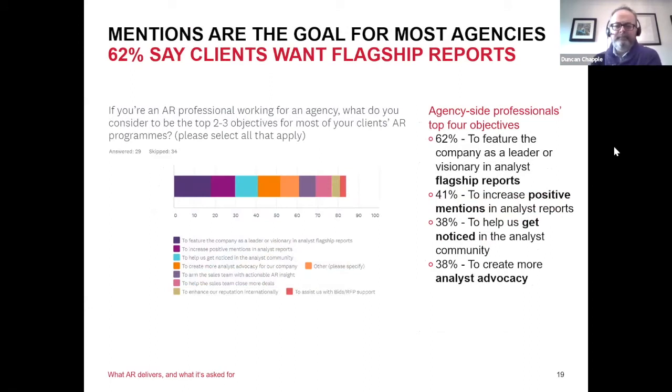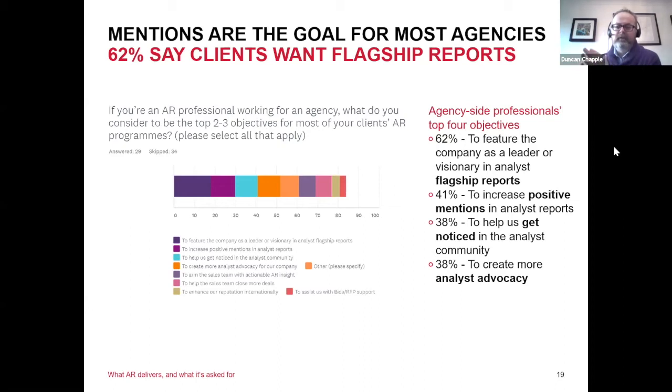Now, when we narrow our focus onto people who are on the agency side, we asked agency people, what do you think are the top objectives for your clients' AR programs? You'll see in this chart, we got 29 answers there. That is not 29 people working for different agencies. That is, I don't know, 11, 12 people who work for agencies, but on average, they selected 2 or 3 of the options. But 62% of the people who answered the question said